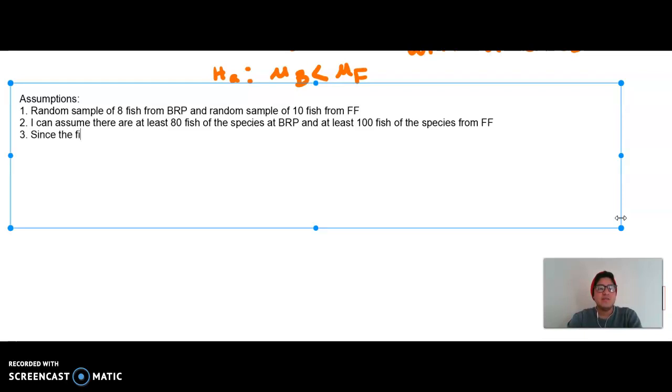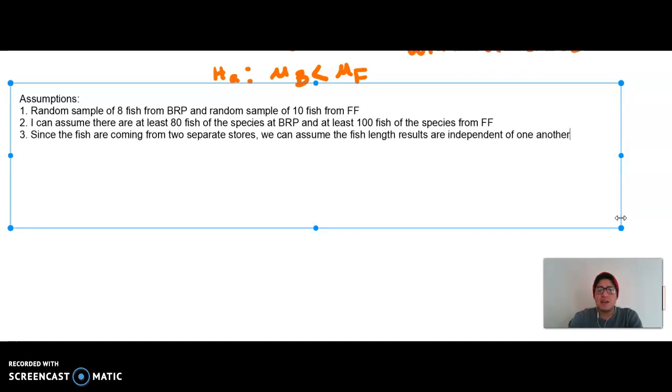Now, since the fish are coming from 2 separate stores, we can assume the fish length results are independent of one another. Because it's 2 separate stores, there's no way that one store would influence the length of my fish from a